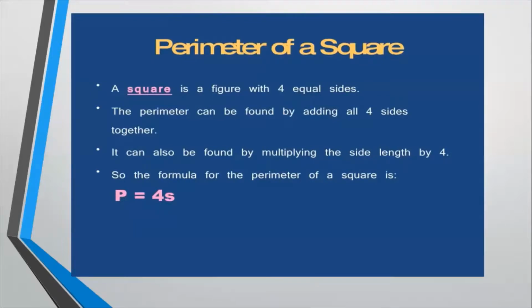We cannot find out the perimeter of all shapes like this. The formula for a square, perimeter of a square is perimeter P is equal to 4 multiplied by S. S क्या है? Length of one side. कोई भी हो सकती है. S can be the length of one side. Any side you can say, and this way you can find out the perimeter of a square. Are you getting my point?